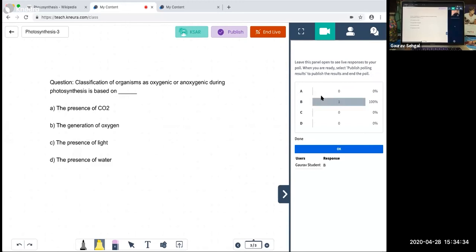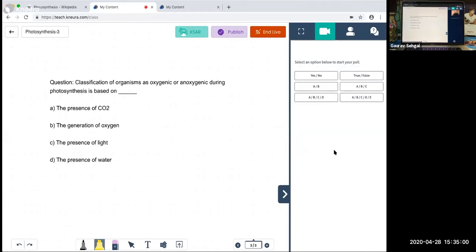The moment the students answer, I will get the confirmation here of how many students have actually answered and what the response is. So even when I'm teaching remotely, even though the students are not in front of me, I'll still be able to gauge whether the students have actually understood this topic properly, or should I reiterate, or re-explain certain parts of this entire session. Similarly, you can create multiple polls. You can continue to create true or false kind of questions, everything that is possible from here. So let us go back.